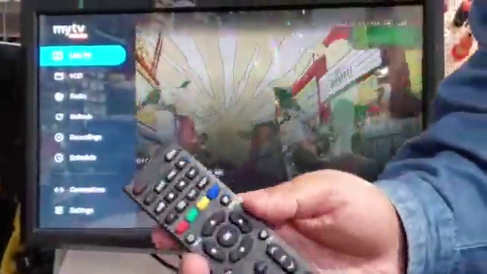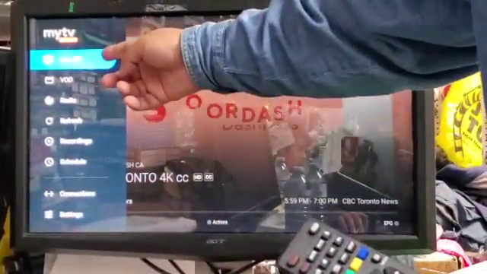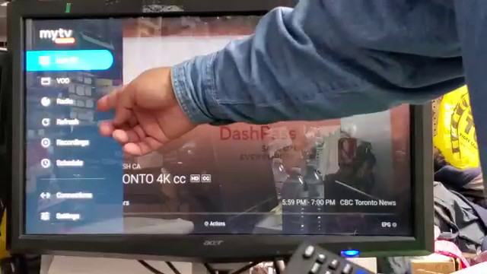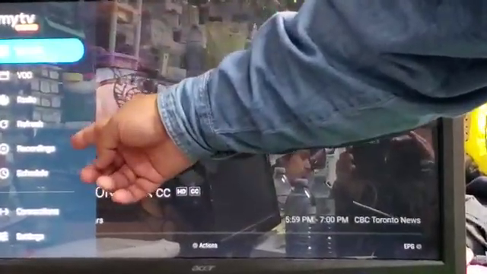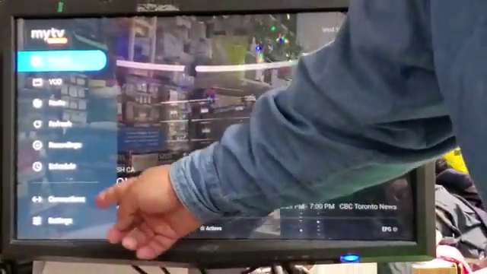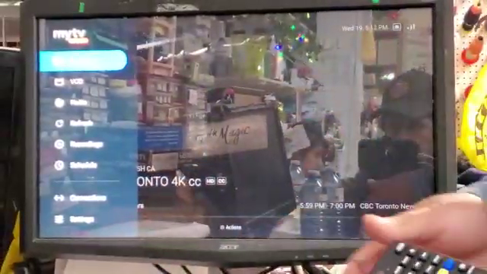And let's see what else we can do here. If I press the menu button, the menu allows me to switch from live TV to video, the radio, to recording, to see all your recordings, connections, and then settings. So you can use